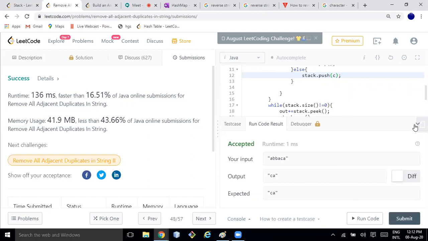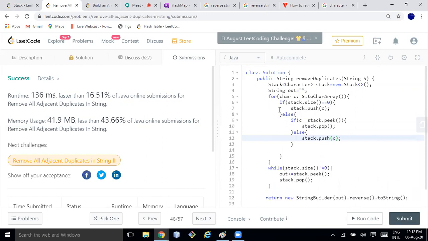Performance wise, it's poor. Maybe one reason is this string concatenation. So here, while popping the things, I can directly make it a StringBuilder.